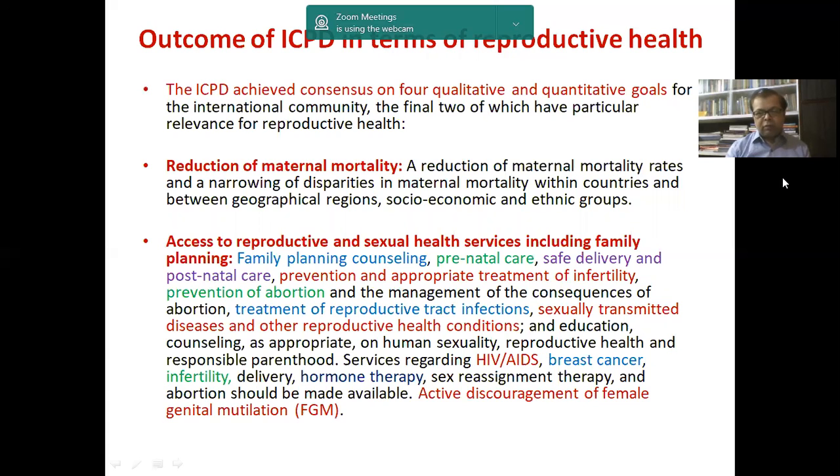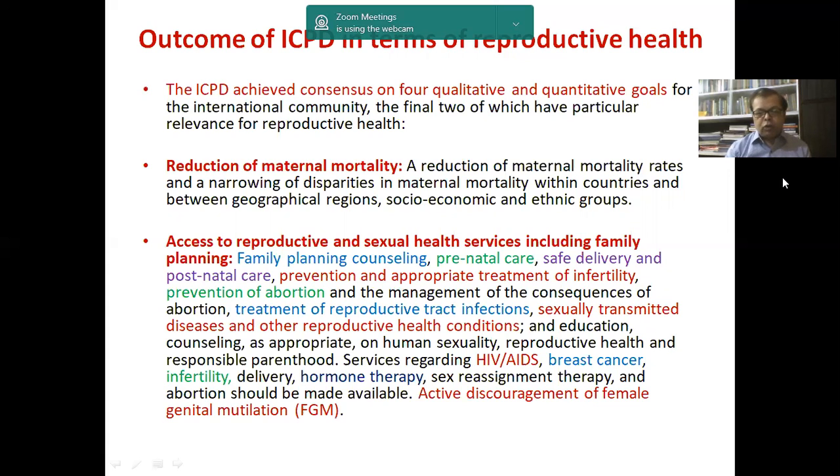One important thing we need to remember here is that because of the arrival of HIV/AIDS, these RTI and STI became very important, because this is increasing the vulnerability of a person to get infected with HIV/AIDS. So pre-existing RTI or STI increases the vulnerabilities, and that is why these things became very important at this point of time. Then education, counseling, and then